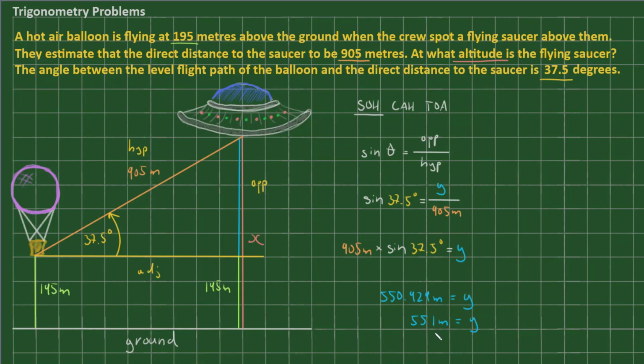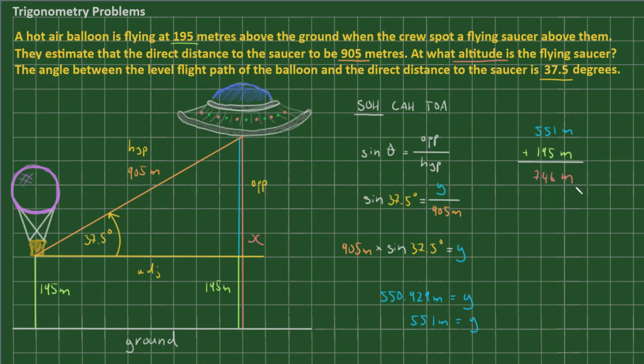Recall that this value, 551 meters, represents the blue section on my diagram. The question is asking me about the red section, or the red line, the altitude of the UFO. Well, the red line is the green line plus the blue line. So I'm simply going to add those two numbers together. I have 551 meters plus 195 meters. And that will give me